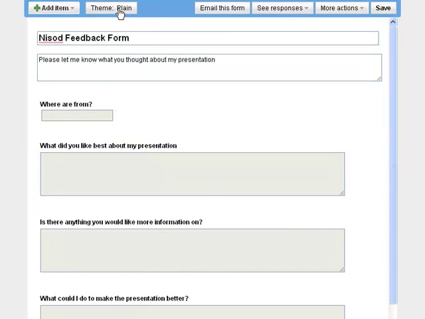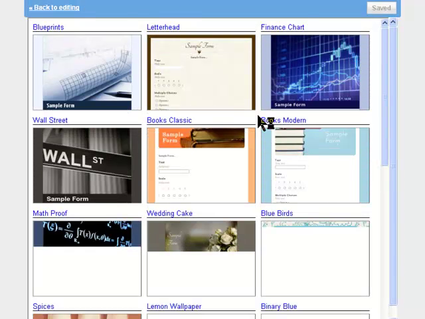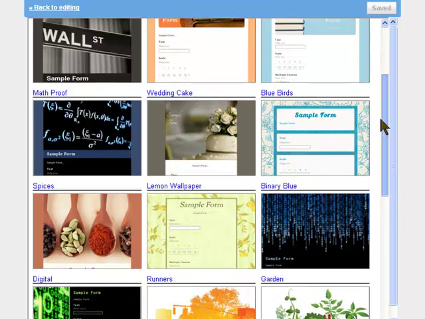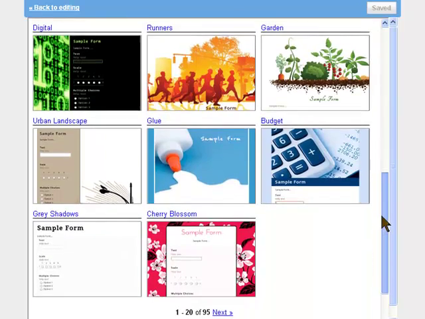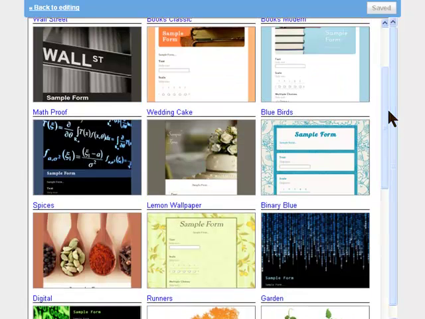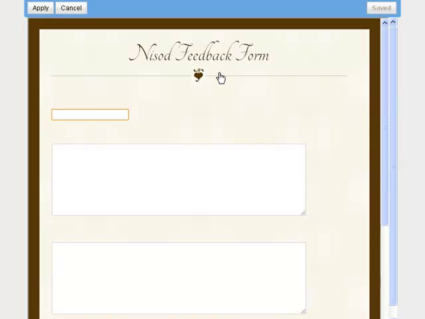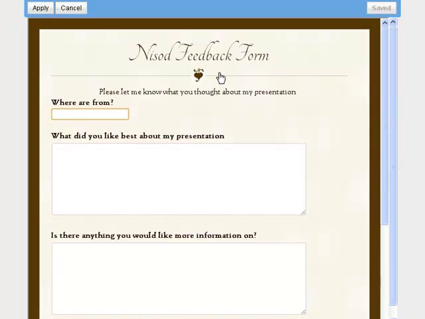I can say, wow, well, I would like that to look a little bit better. So let me go in and get a nice looking theme. Now there are a variety of different themes you can pick. I'll pick a simple theme. I'll just go ahead and take, I don't know, sample form. And now this is what my form looks like. And so I can say apply,